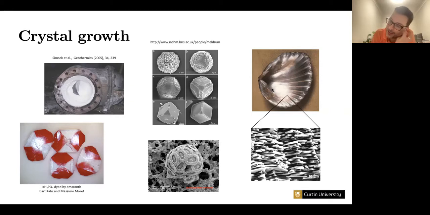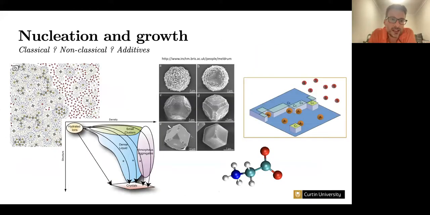So it's really a wide area of research to understand how these minerals grow in so many different environments, from marine to industrial and controlled environments. And there is a lot of fundamental research to try to mimic biomineralization processes, in the biomimetic field, or to prevent the formation of scale to improve industrial processes. And despite this formation of minerals being ubiquitous in our lives, we don't really know exactly